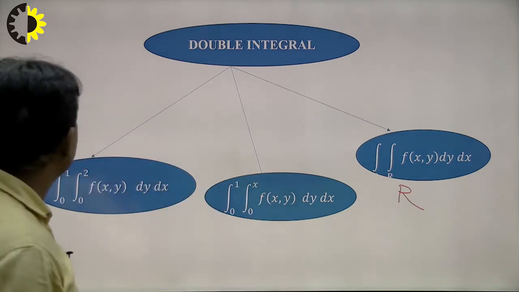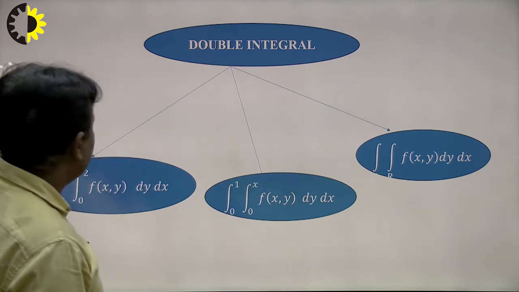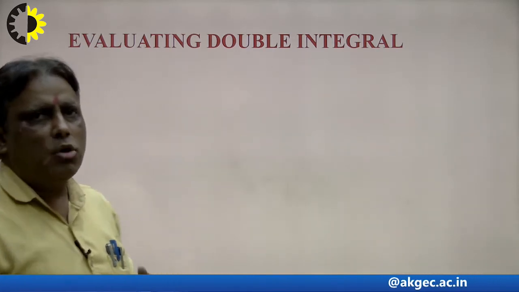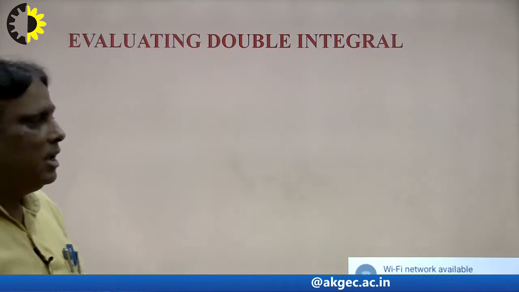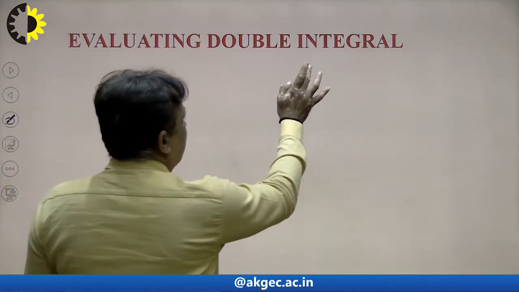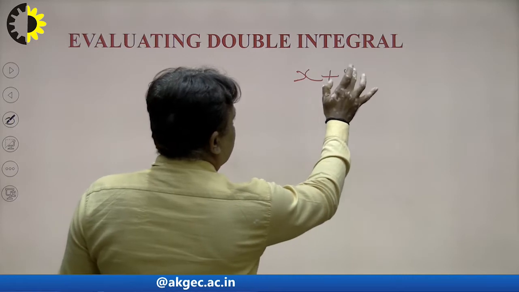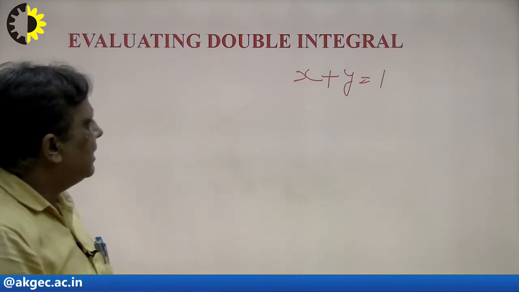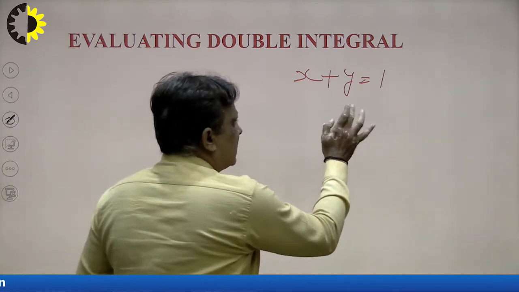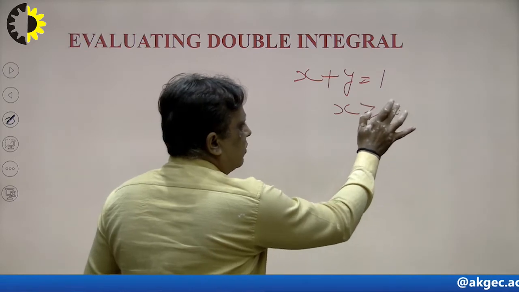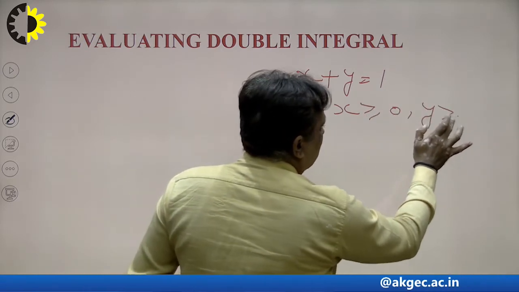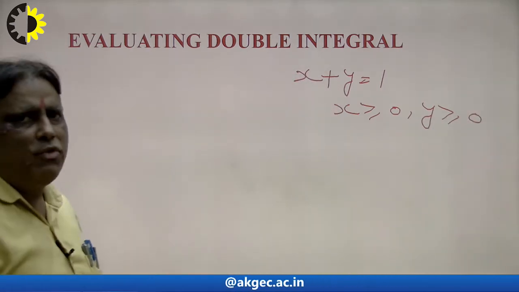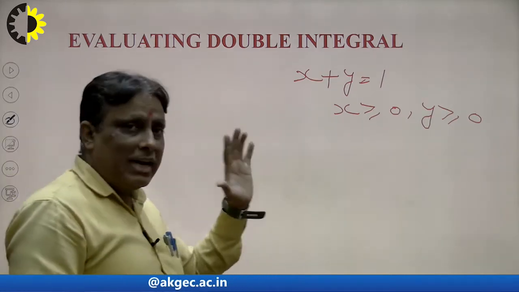So how to get the double integral, we see here very carefully, right, and listen very carefully, students, how to evaluate the double integral first of all, and how to take the limits of the double integral. Suppose I have a region here, x plus y is equal to 1, right, that is the region. So how to get the limits from this region? In the previous lecture I explained one by one, x greater than 0 and y also greater than 0. So first of all we draw the graph and then we can use the limits. Without the graph we can also obtain the limits, but the graph is very important.